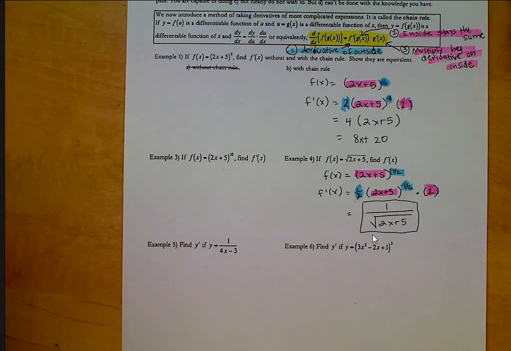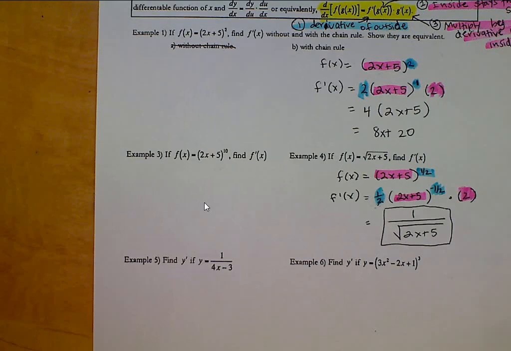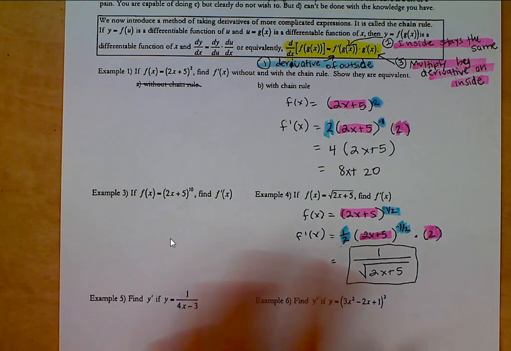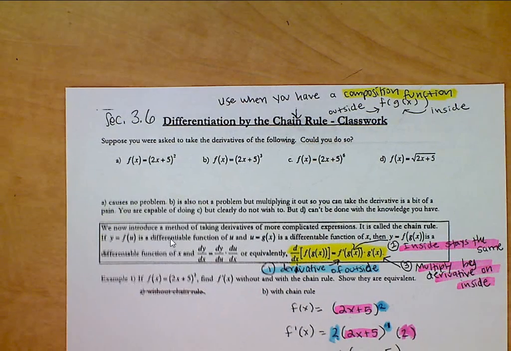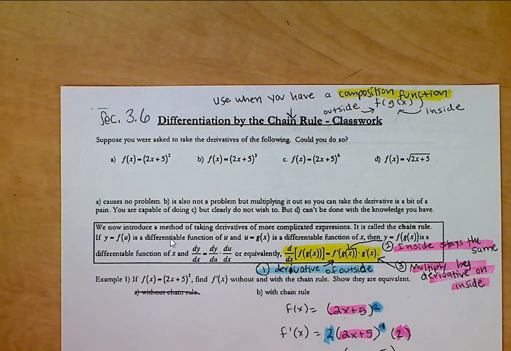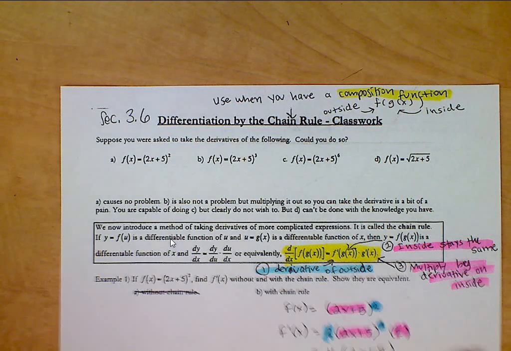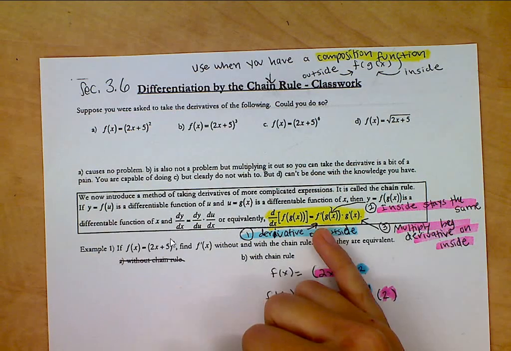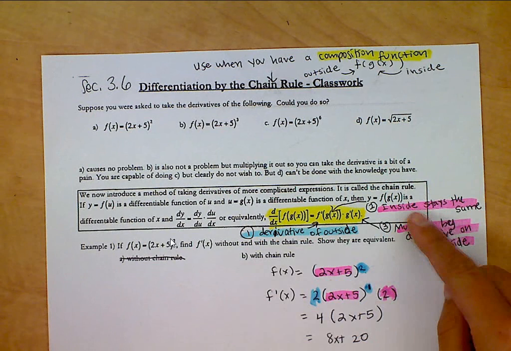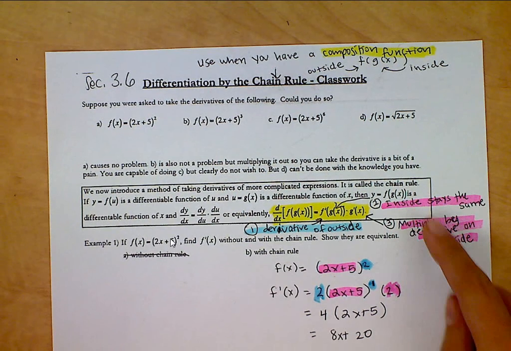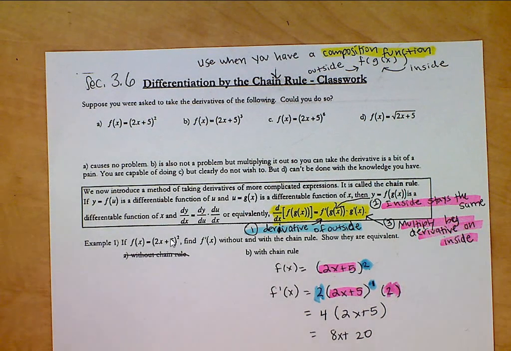Hi calculus students. Today we learned a new rule called the chain rule. The chain rule is a rule that we use when we have a composition of functions, so a function inside of another function, and we have to follow this derivative rule, where we first take the derivative of the outside function, the inside stays the same, and then we multiply by the derivative on the inside. And so